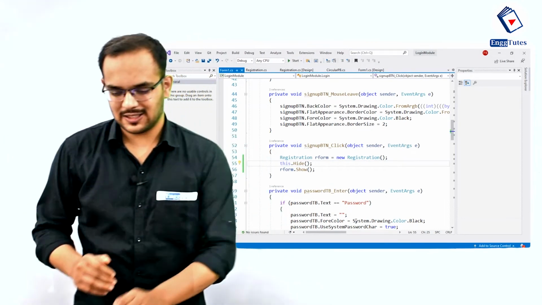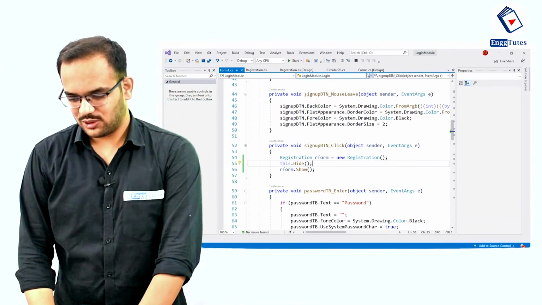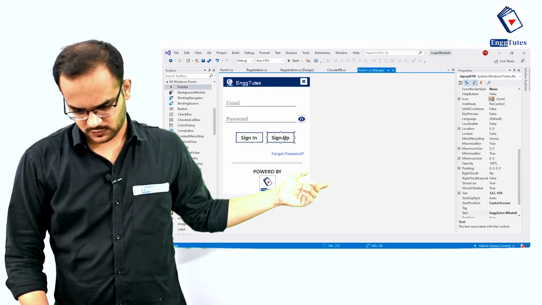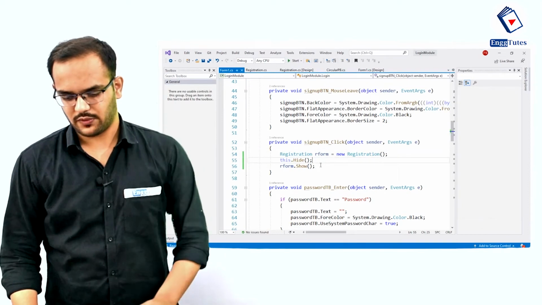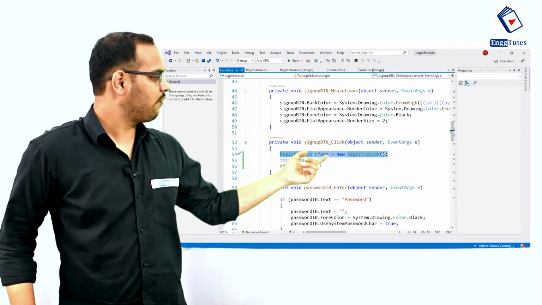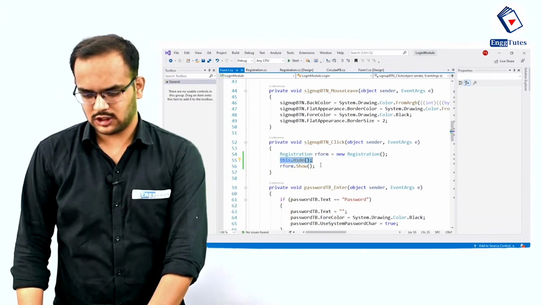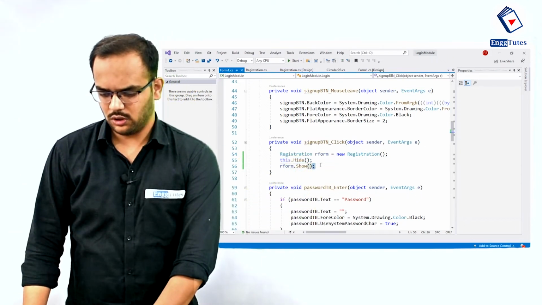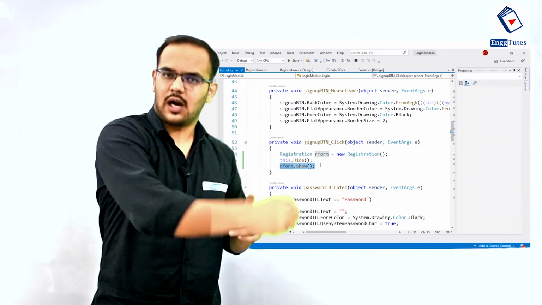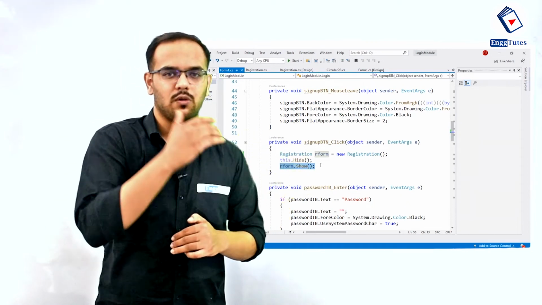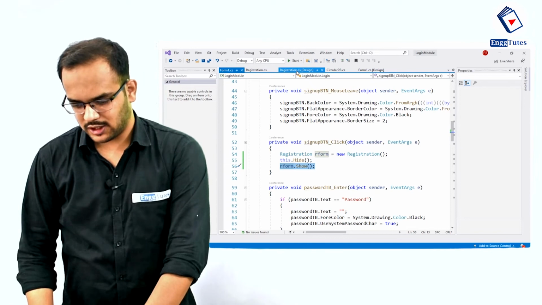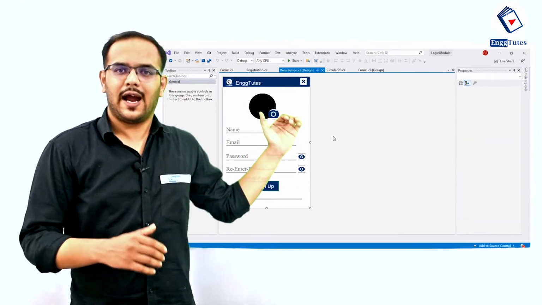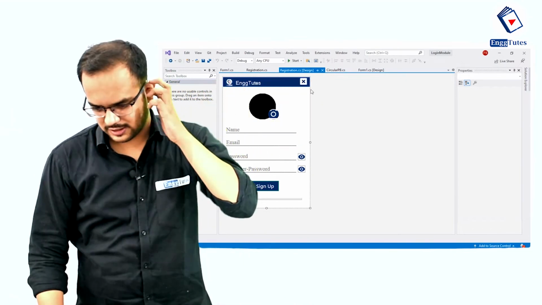And now if you run your code, it will be a blunder. Why? Let's analyze our code without running it. Okay, so in Form1, when I click on the sign up button, this code is executing. We are creating one object of Registration. Then this.Hide means we hide our login form, and our form dot show means we are now showing our registration form. Done. So the registration form will be displayed. Okay, now the user will do all the things, and if the user clicks on the close button, let's see what code we have written.